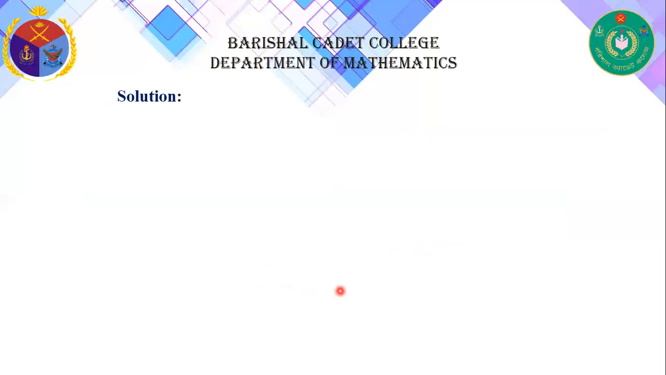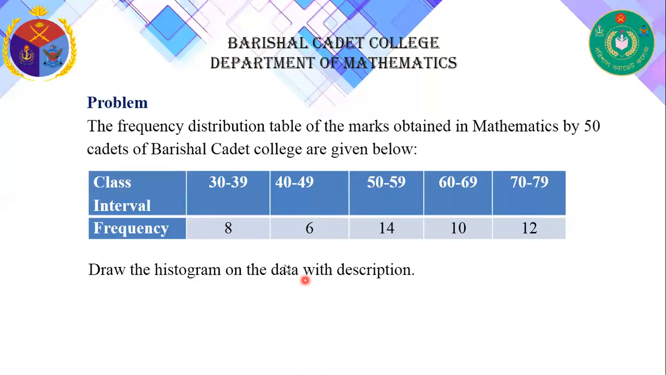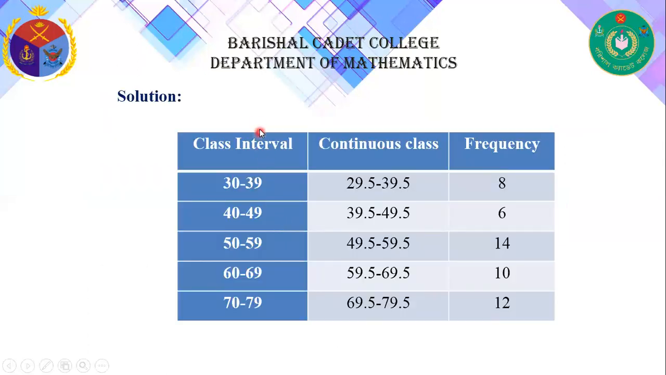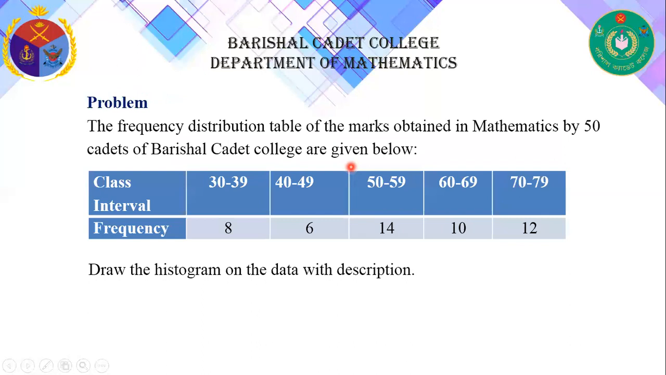And now the solution. First thing, we have to draw a table using this data. Column number 1 is class interval, another is continuous class. Here in this question we have class intervals, but this class is not exclusive. Here 30 to 39 and 40 to 49. There is a gap between 39 and 40, and we have to make it up